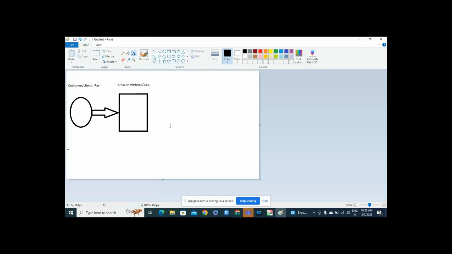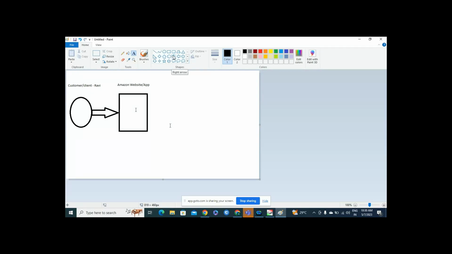But till now, as a generalized customer or client, we can only see this much. On the website we can see different products and things as per our shopping. This is what we have access to as a customer. But we need to think about how it happens in the backend, how the functionality works. So now we need to understand the backend functionality.